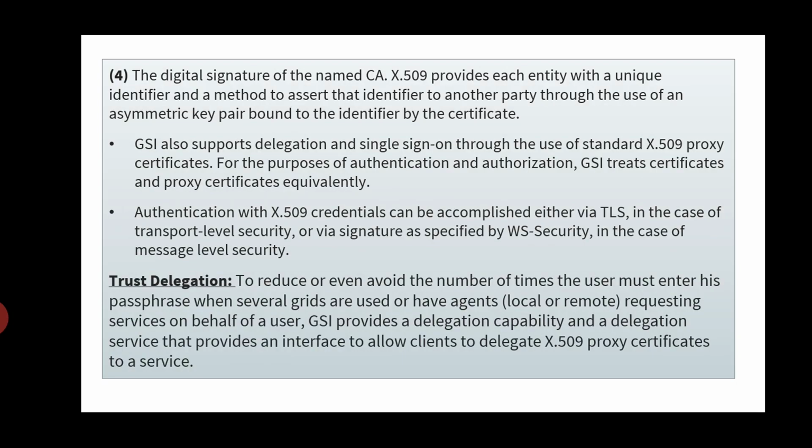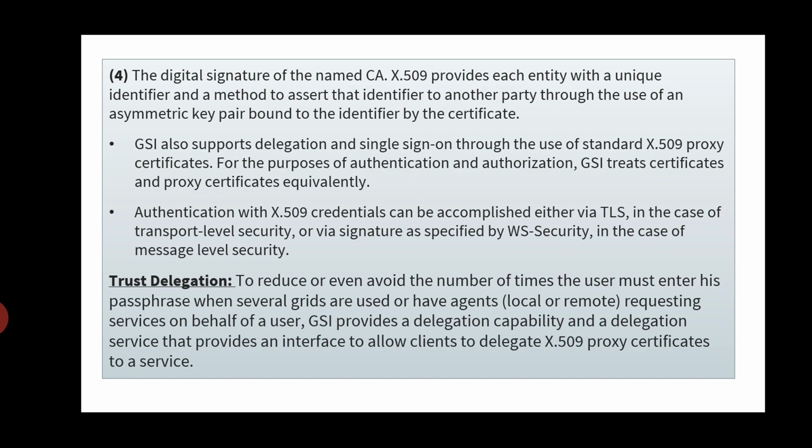So an X.509 credential provides each entity with a unique identifier, that is, a distinguished name, as well as a method to assert that identifier to another party through the use of an asymmetric key pair bound to the identifier by that particular certificate. The X.509